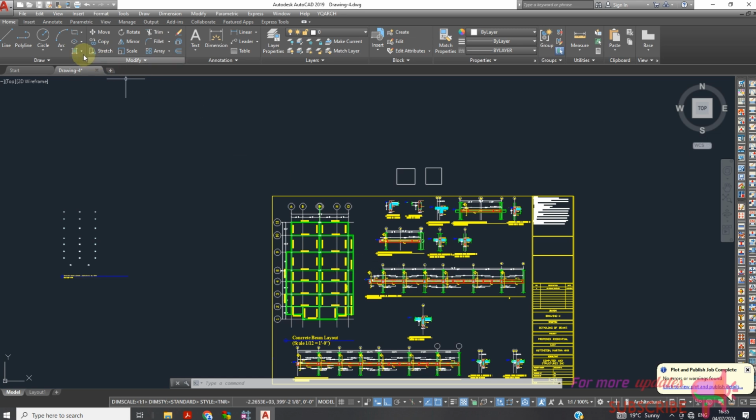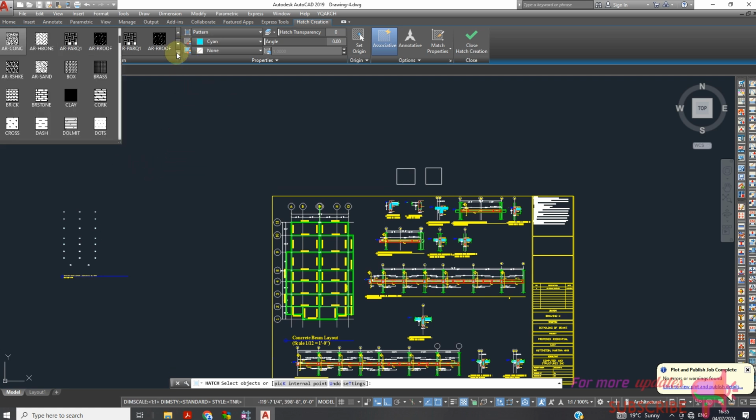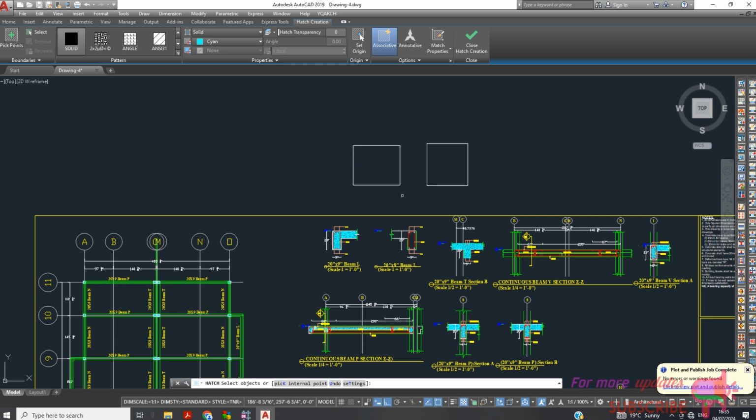So just first go to activate hatch tool. Then let's say I want to hatch my column. Then I'll go to solid, then change the color. I want my color to be cyan. Then you can either pick internal points like that, which I don't like because as you can see,